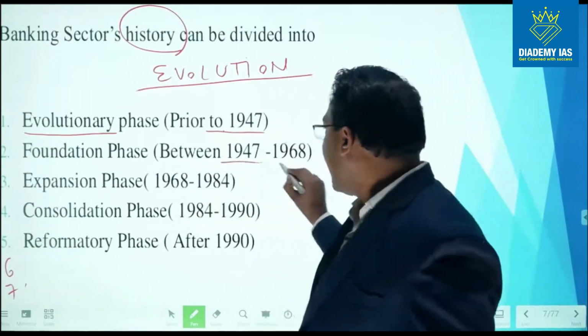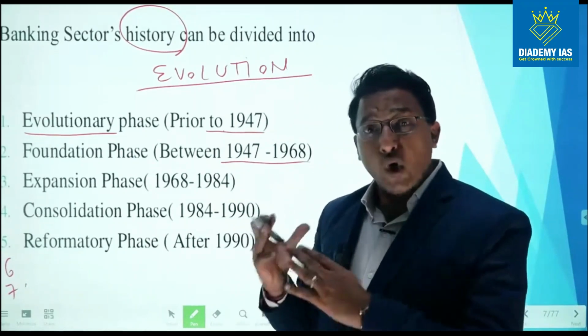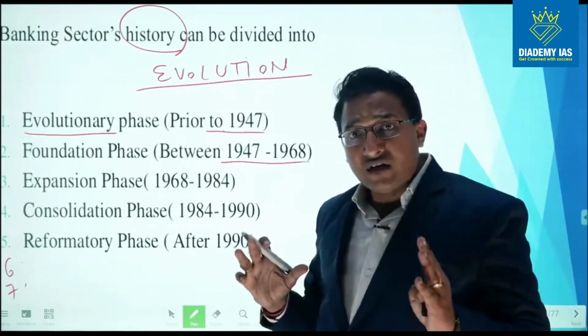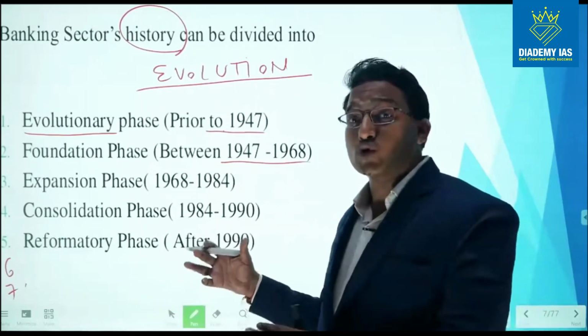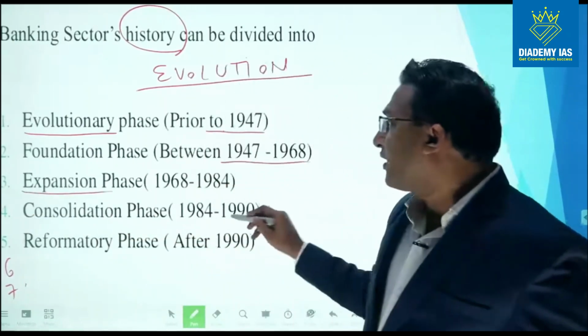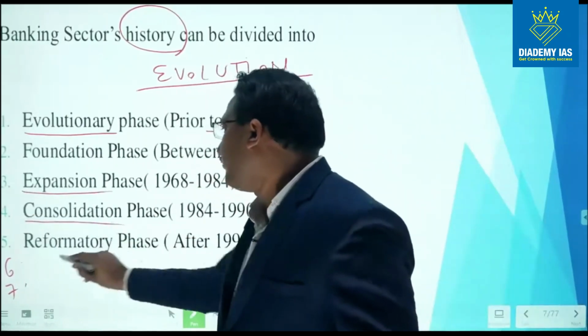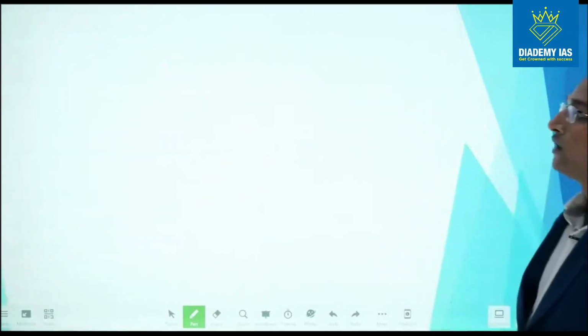Then the foundation phase, between 1947 and 1968, when we were consolidating, making laws, establishing the central bank, and trying to figure out what should be the future course of action. Then the expansion phase, the consolidation phase, and the reformatory phase. We will discuss each one of them. So starting with